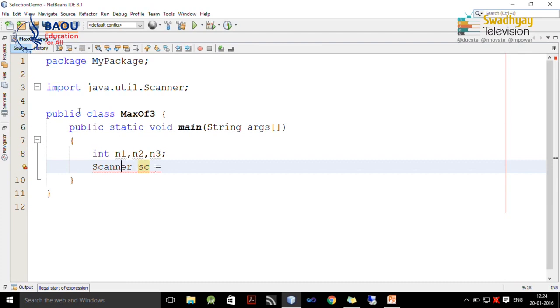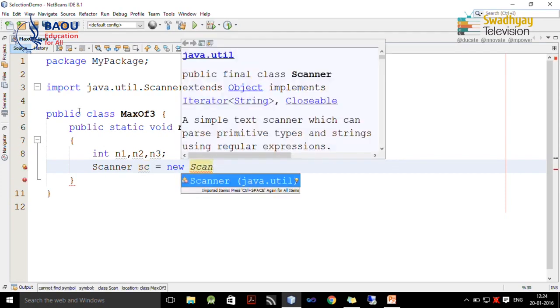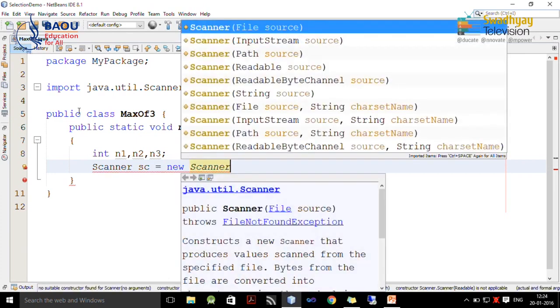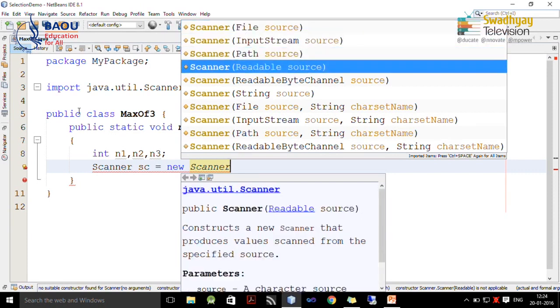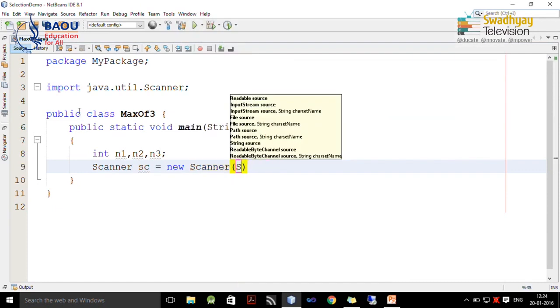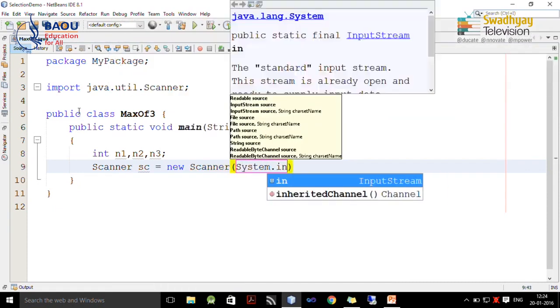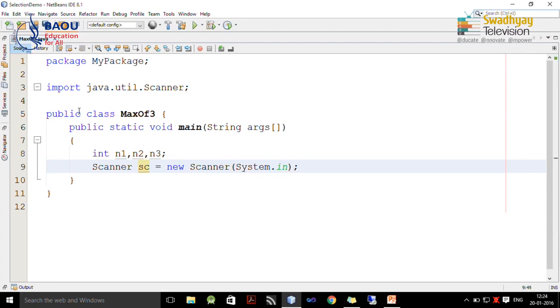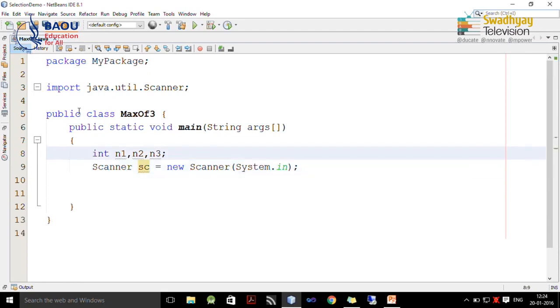So, Scanner is a class, sc is an object, and here you have to create the instance using the new keyword, new and the class name. There are various sources from where you can read input, but we are going to read from the keyboard, so I write System.in.